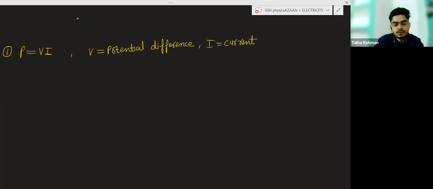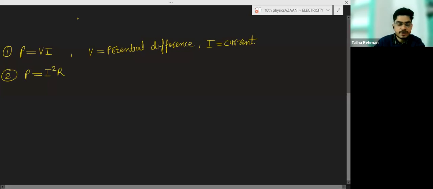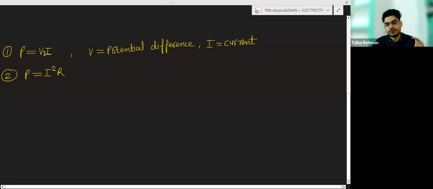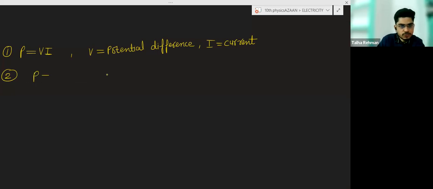Another formula: power is equal to I square into R. You can derive it when you put V is equal to IR in this equation. You have this expression now, P is equal to VI. And you know that